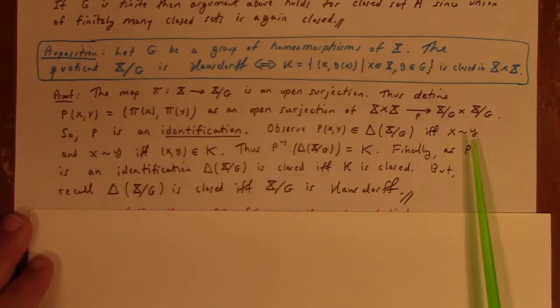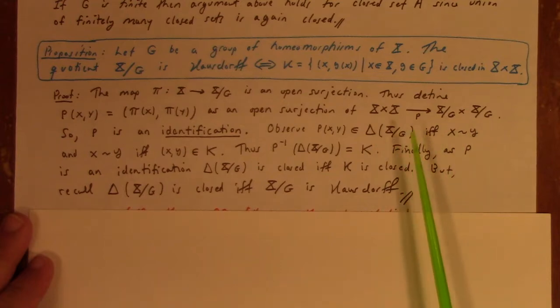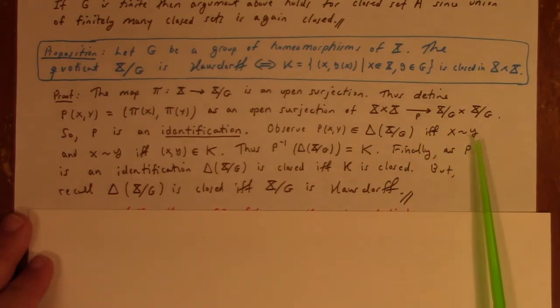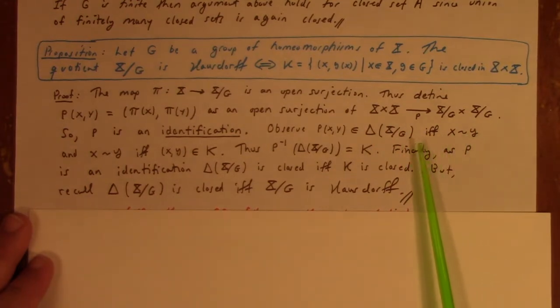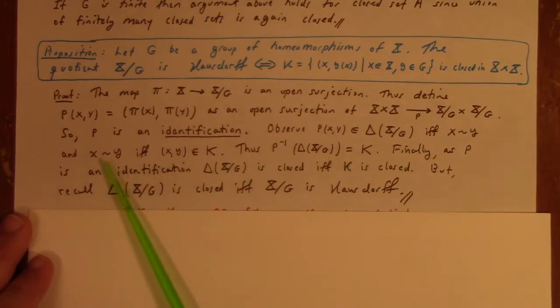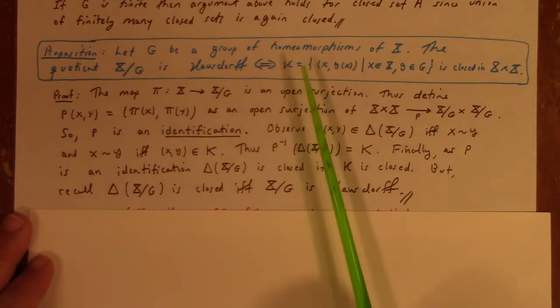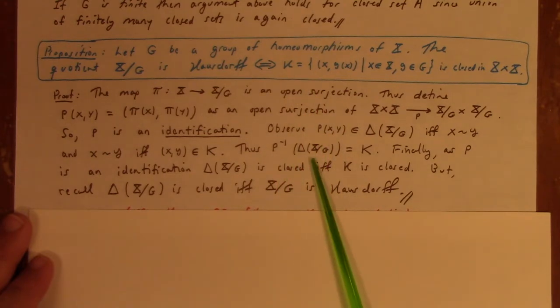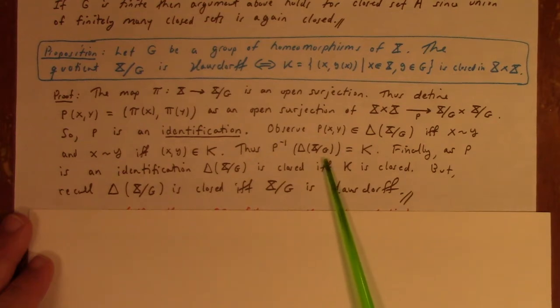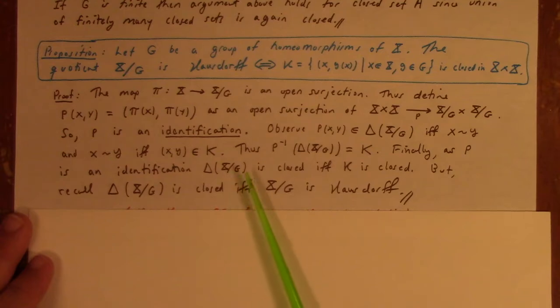But that's exactly saying that y is equal to g of x for some g in the group, which is what it takes, of course, for (x,y) to be in K, which means that the set K is exactly the inverse image under P of the diagonal of the quotient of X by G. And since P is an identification,